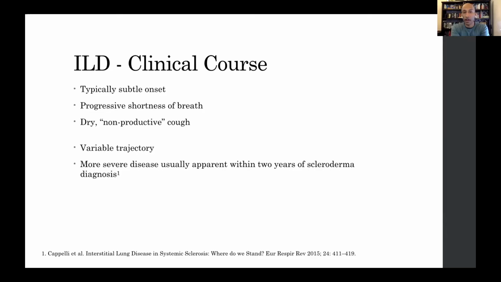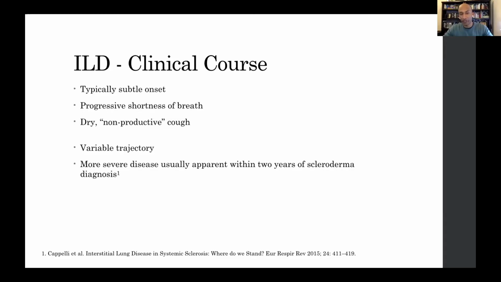So with scleroderma ILD, typically it's a pretty subtle onset. The symptoms are very nonspecific. Usually the first thing that individuals will notice is if they start to feel short of breath with the activities that they used to do fairly comfortably. They may develop a dry, non-productive cough, meaning they're not coughing up a lot of phlegm or mucus. And with ILD in general, typically the cough is pretty dry. It's more of a barky,